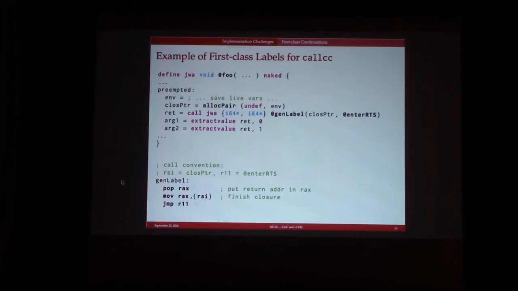So let me walk you through an example. Here we have this gen label, which is an example similar to our GC check, but in particular I'm trying to allocate a closure, and I have this undef for the code pointer because I don't have first-class labels. The idea is I pass this closure pointer that's not exactly finished being allocated, and I also pass the location I want to end up in. And then gen label, after compilation,